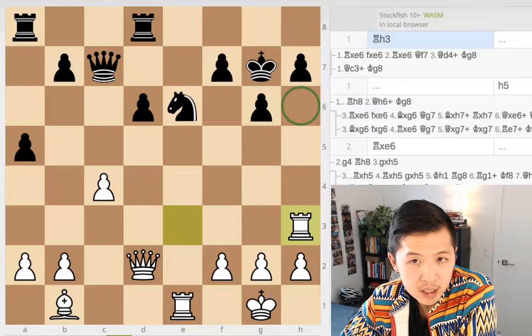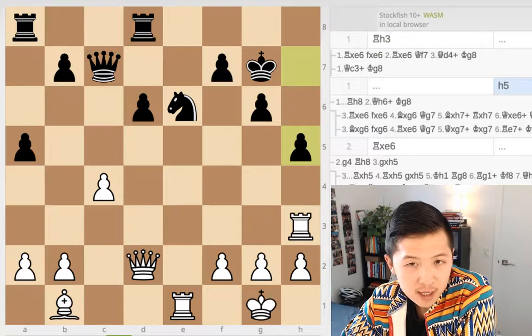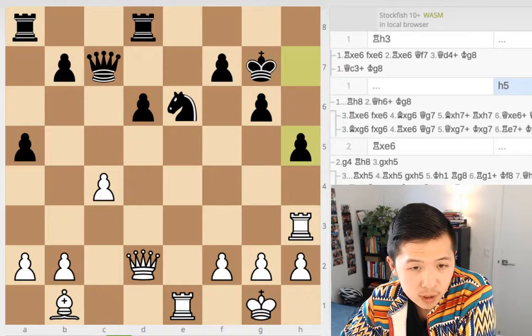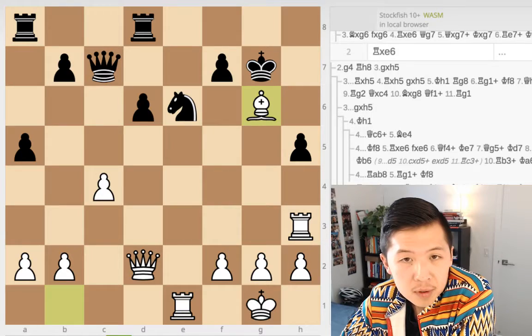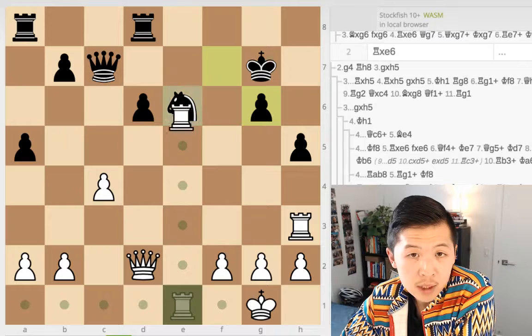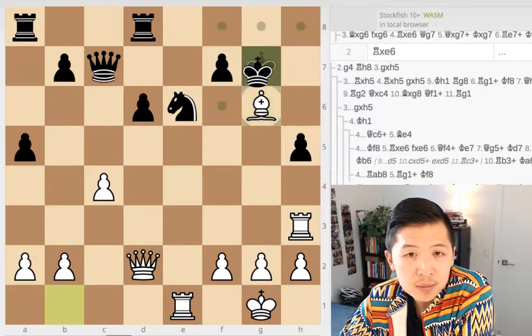And then we looked at h5 and we also looked at rook h8. So why is h5 bad? h5 is bad because of g4. And then I think we tried this, right? We tried this. No, we haven't tried this yet. Because if we take and the pawn takes, then we can capture here, and we're still winning material. Or we still have the attack going. So if the king captures,